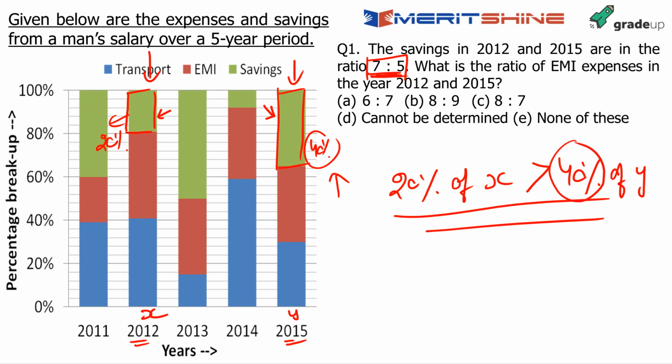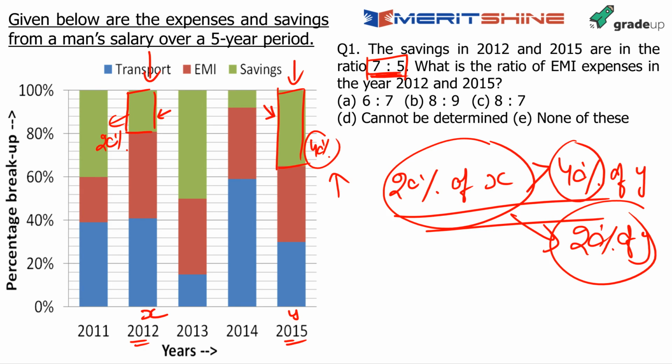जब इसका x का 20% ही इसके 40% से बड़ा है, तो अगर मैं 20% को y के 20% से कंपेयर करता, तो ये बहुत ही बड़ा आता, डबल से भी बड़ा आता. इसका मतलब क्या हुआ कि x की वैल्यू y से कम से कम दो गुनी बड़ी है. x has to be at least twice of y. It means that the salary in 2012, which we have assumed to be x, is double of the salary in 2015. What it means is that now I can answer the question that is asked directly.